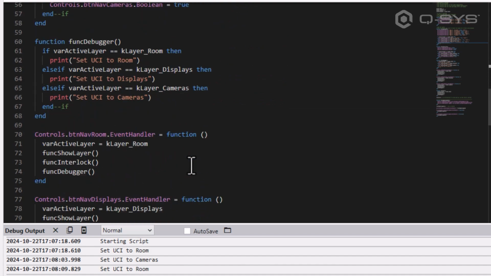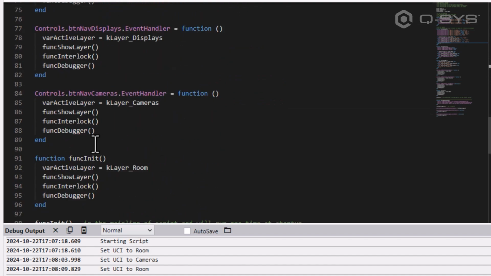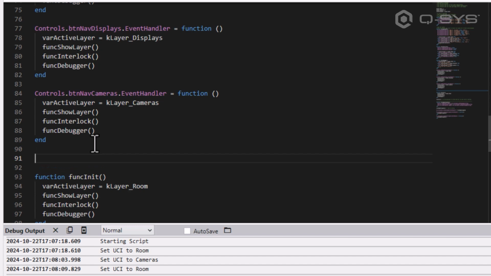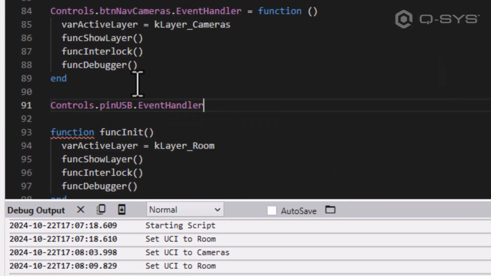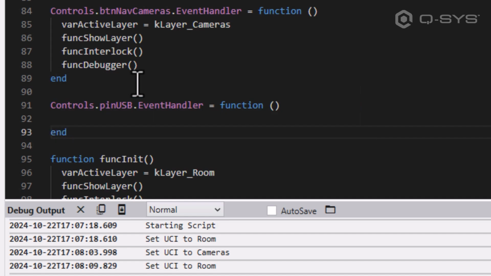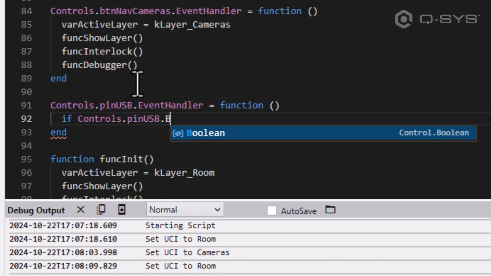We're going to come down with the rest of the event handlers. We'll shove them in right about here. That'll be fine. The event handler that we are looking to write is controls.pinUSB.eventHandler. As usual, it is a function, and we are going to put in the int. There it is. And we're going to say, if controls.pinUSB.boolean, then